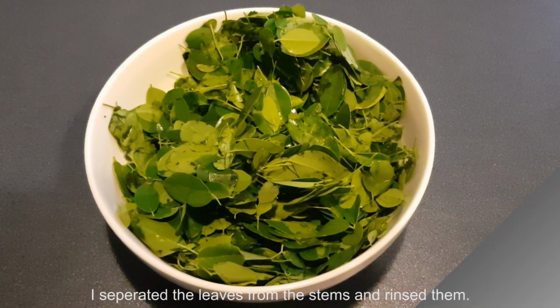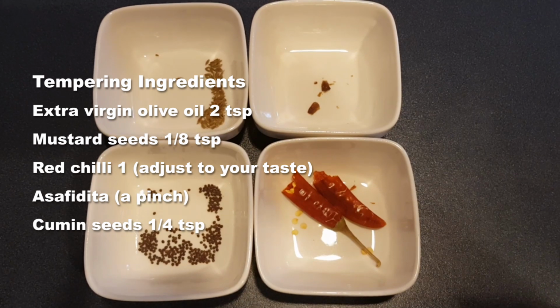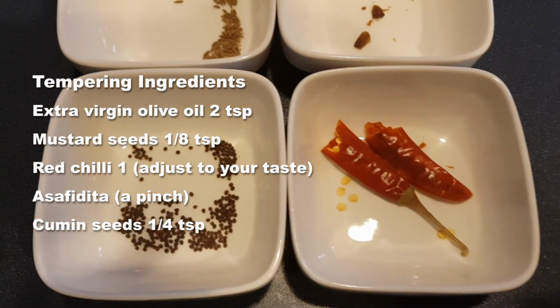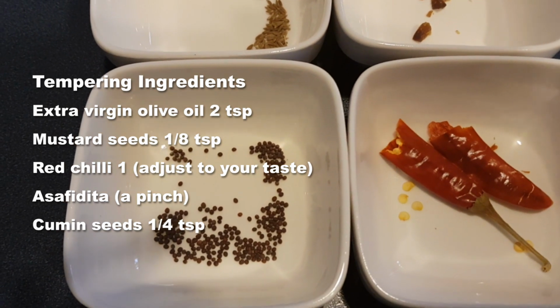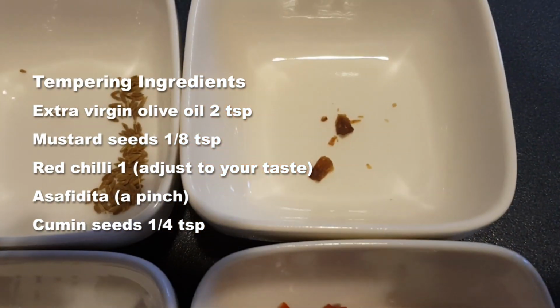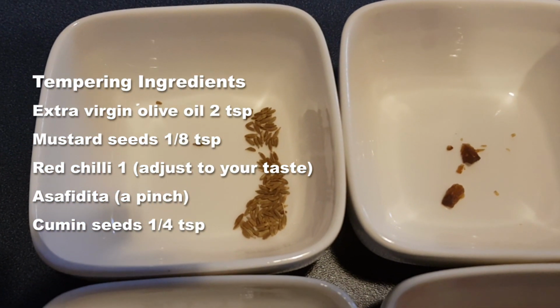I separated the leaves from the stems and rinsed them. These are the tempering ingredients: 1/8 teaspoon of mustard seeds, 2 red chilies, adjust to your taste, a pinch of asafoetida and 1/4 teaspoon of cumin seeds,